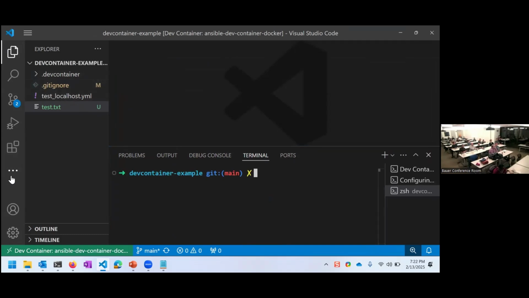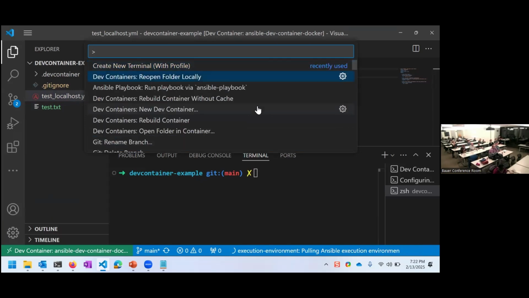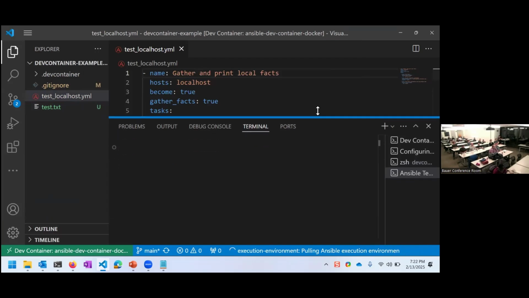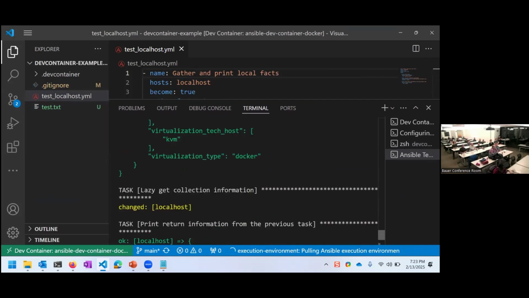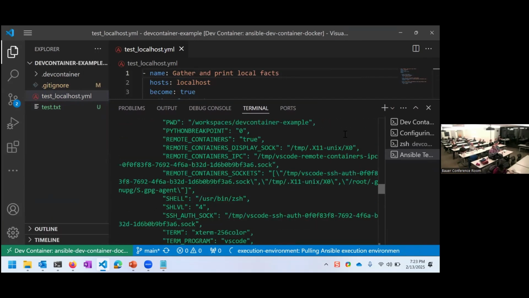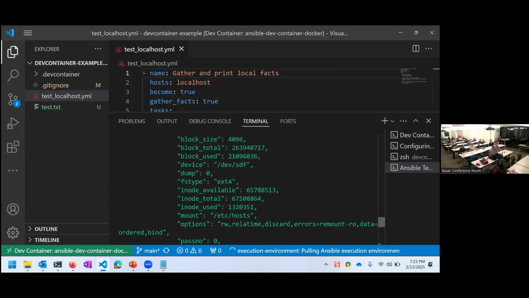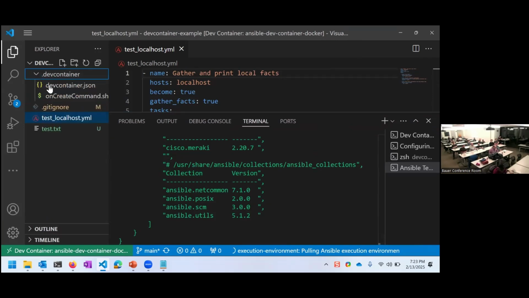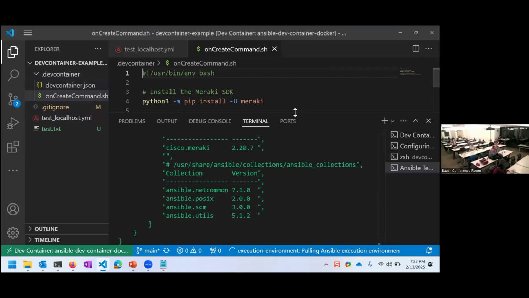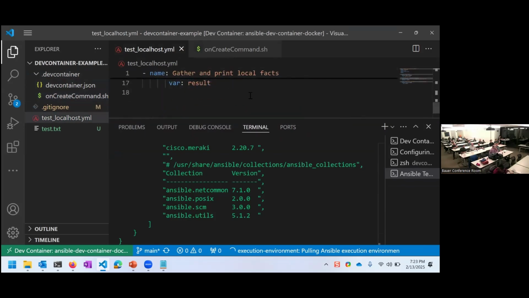Since I should have the Ansible extension installed, what I'll do here is actually use the extension to run my playbook right out of here. And it's going to run ansible-playbook with the file that I have open. The first step was a gathering of facts, so all the specs for this machine. It's pretty verbose because it's got a lot of information in there. The thing that we really care about is the proof that the two items that I asked for it to install in my onCreate command, being the Meraki package and the collection, are there. My hacky example was running the shell command to do